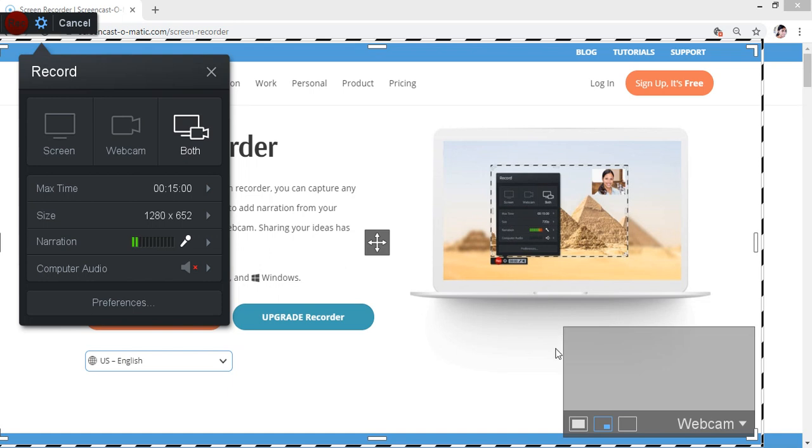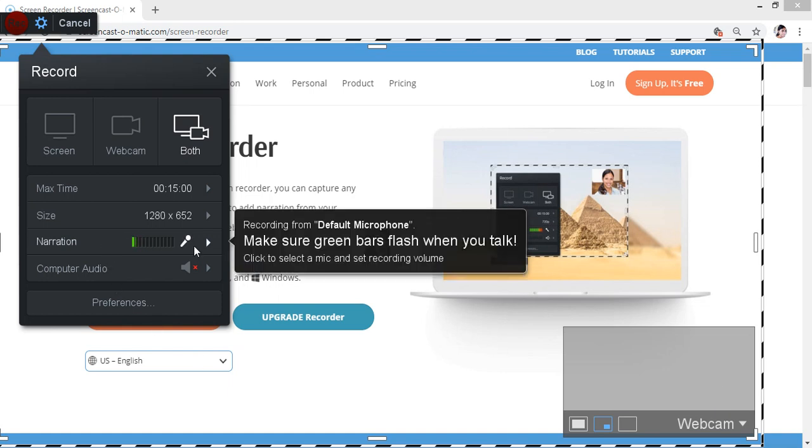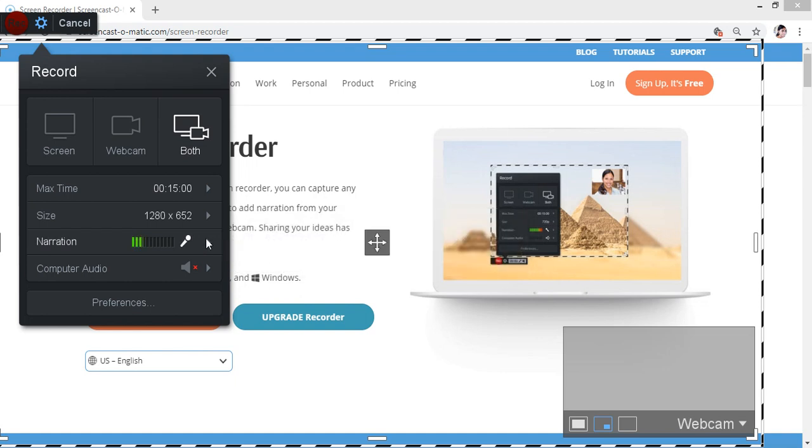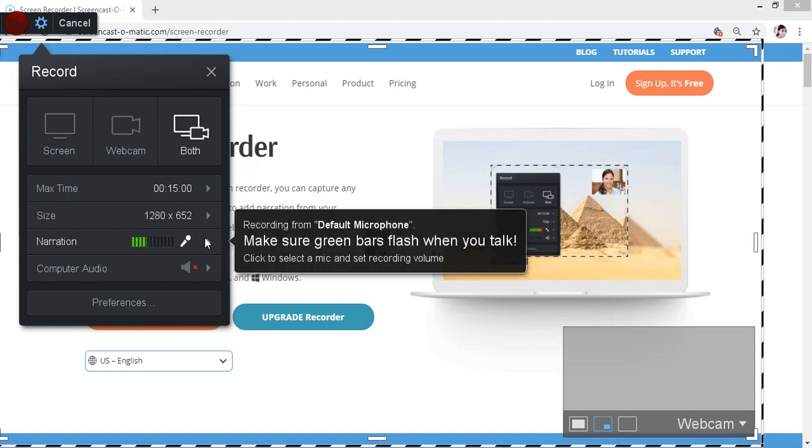Here if you want to show the webcam of your picture, your laptop or PC should have a webcam for the software which you are going to use. Next, the narration will be in the form of mic. Now, whenever I am attaching this mic to my laptop, the default microphone option is automatically shown.